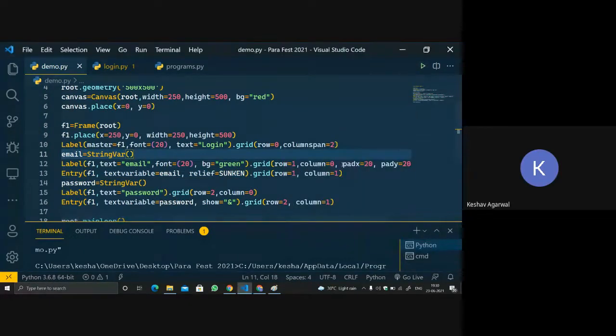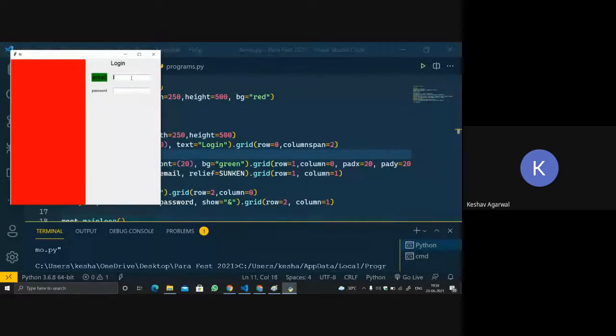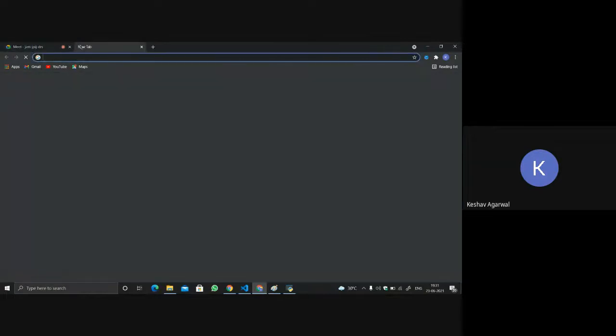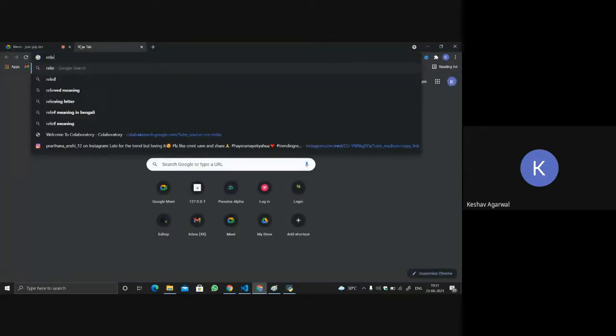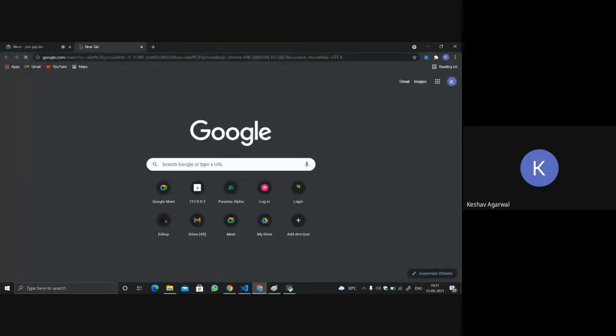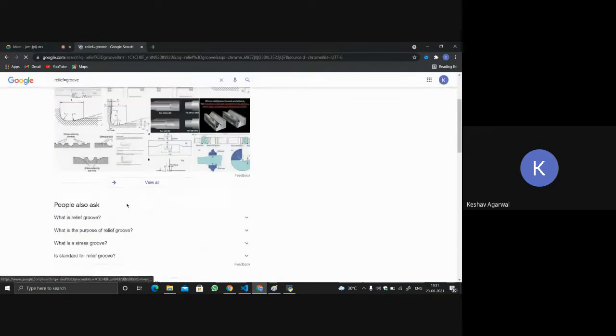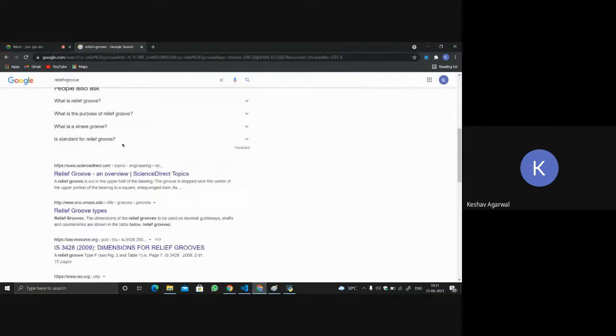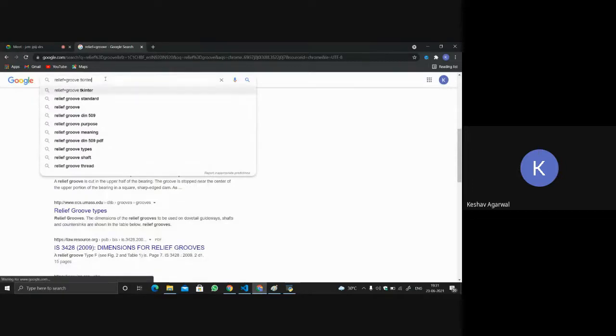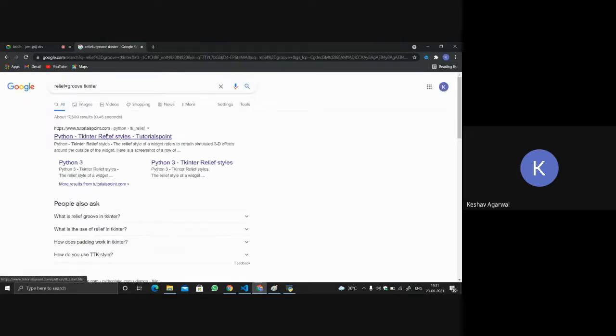Okay, so see again, I think you will understand. Is it the same? Because to me it appears the same. Okay, let's search it. Relief equals groove.